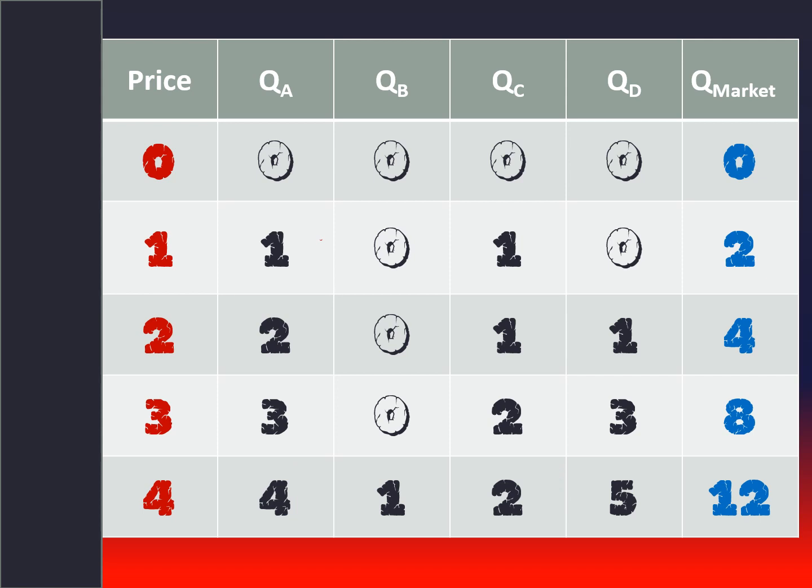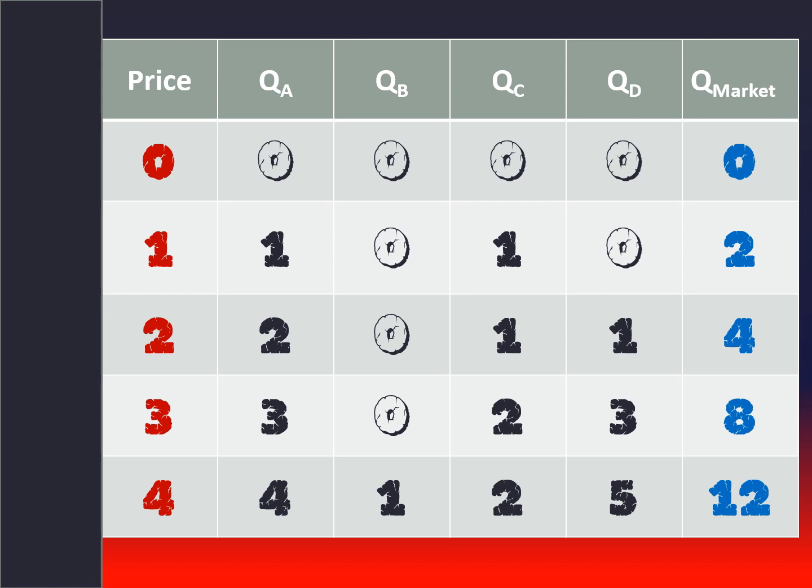What we can do with this supply schedule is take each individual firm's supply schedule and add them together, given the prices, and get the market supply schedule. So what we do is we say at a price of 0, how much is firm A willing to produce? How much is firm B willing to produce? How much is firm C, D? And then we add those together and we get the market production at a price of 0. We can see in this case that no one is willing to provide any supply to the market for 0